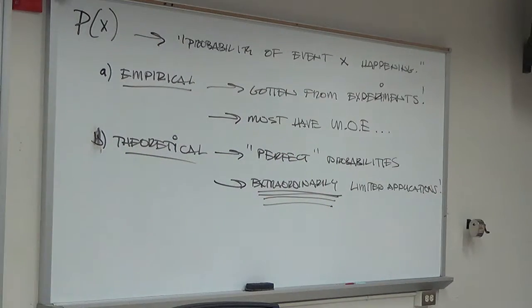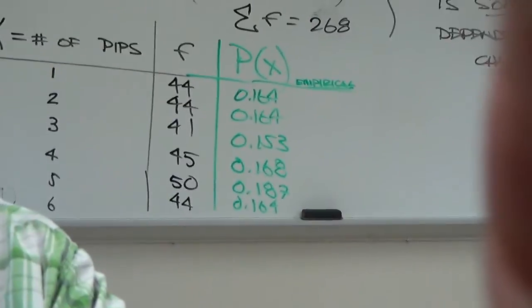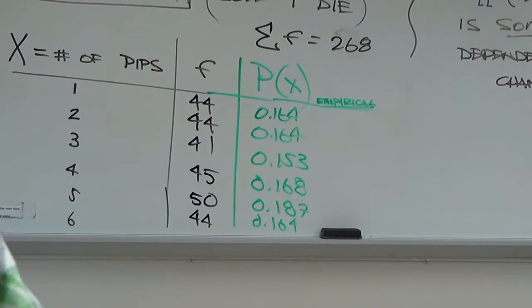We can, for example, do the experiment you guys just did. I very, very carefully selected the experiments we're doing in class today and Wednesday, because the first few examples we're going to do have perfect probabilities that I want to compare with the empirical ones. For example, what is the theoretical probability of rolling a 1